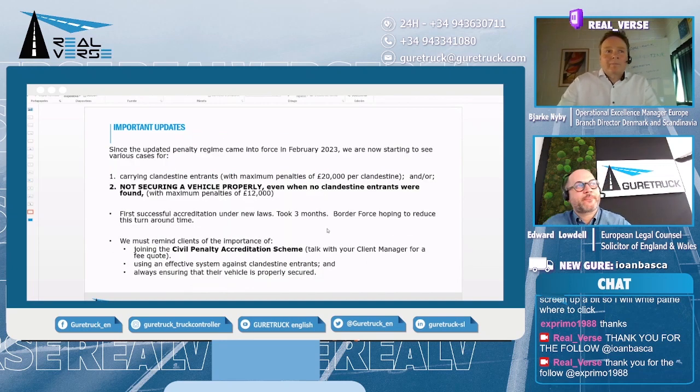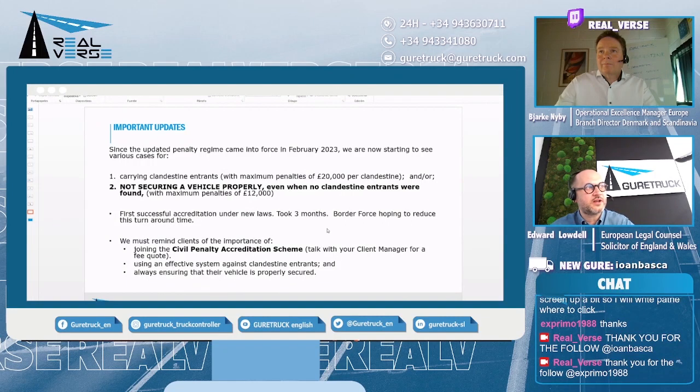So, as I said, the new penalty regime came into force on the 13th of February 2023. So, what have we seen since then? We have certainly seen an increasing number of new cases. I think to begin with, Border Force decided not to open any new cases until April. So we've seen in the last month quite a lot of cases, and these are the new cases with